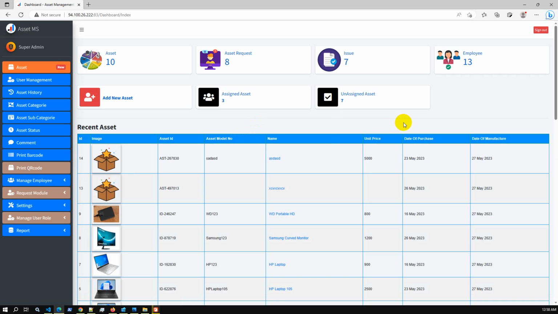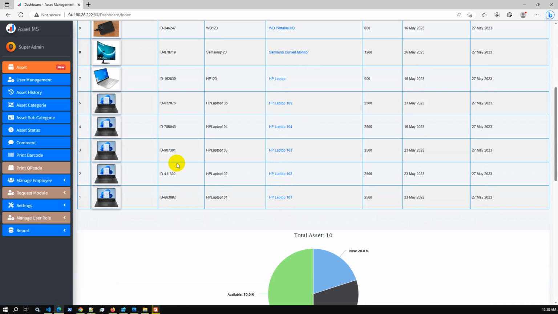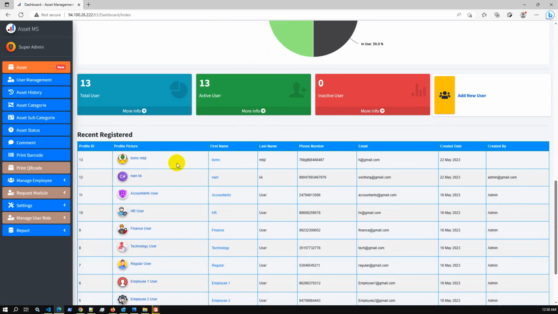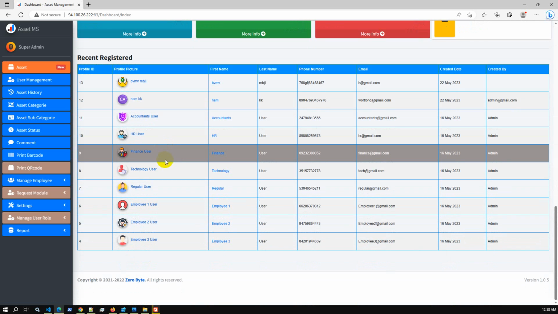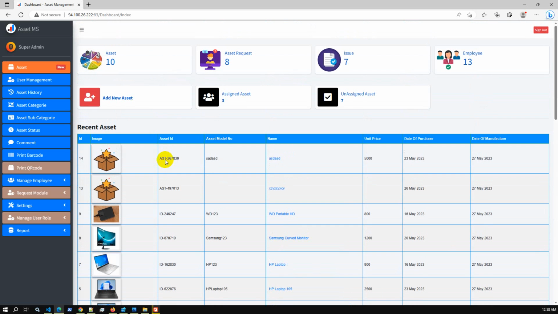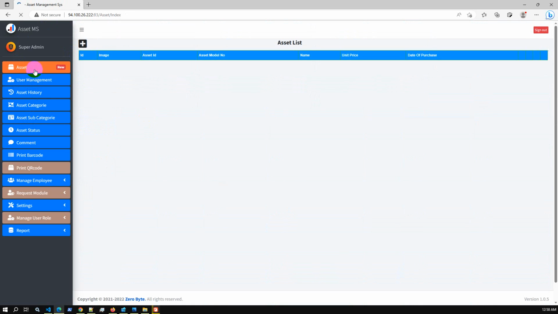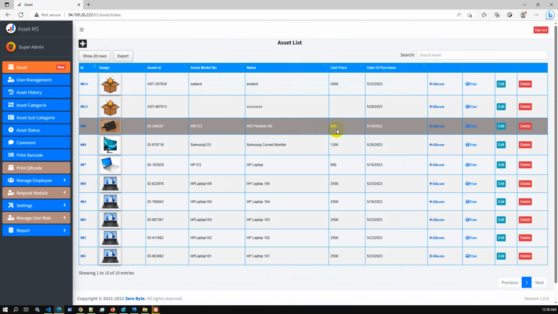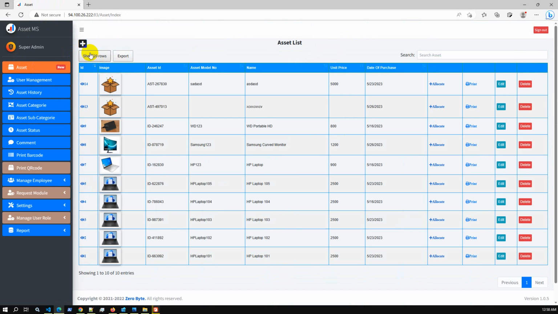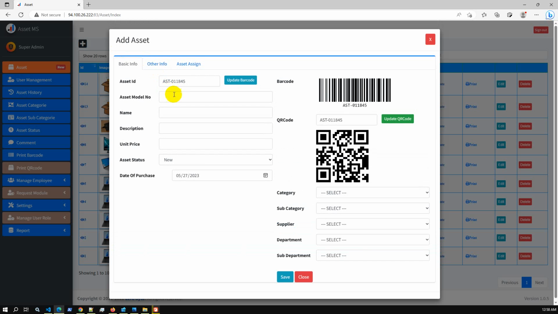This is the dashboard of the asset management system, with a summary of total assets, employees, and the recently added assets and users. This is the dashboard and sidebar. So if we go to the asset, then let me create a new asset step by step. So model name, maybe test 101, name